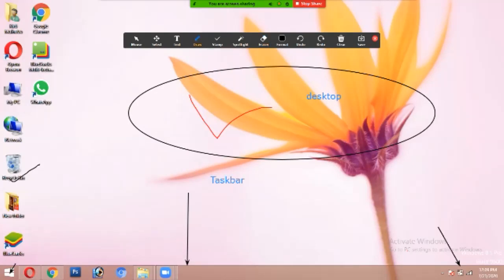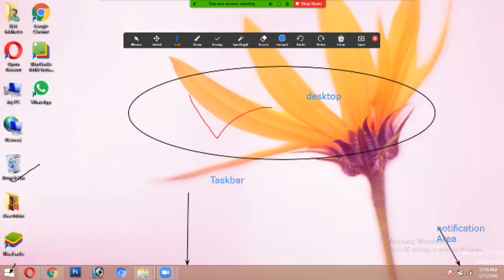This is the notification area where I am drawing. This is my notification area. You all can take a screenshot if you want to.